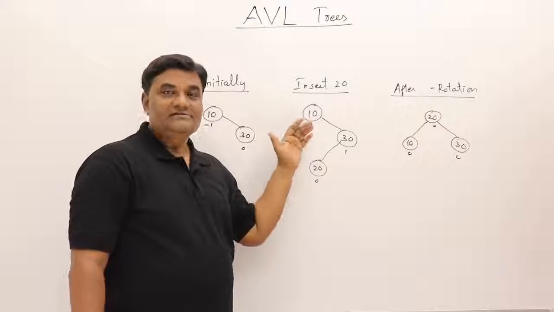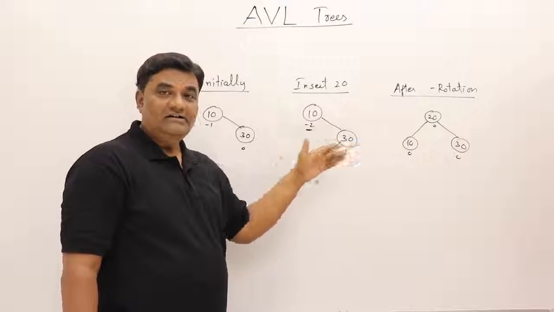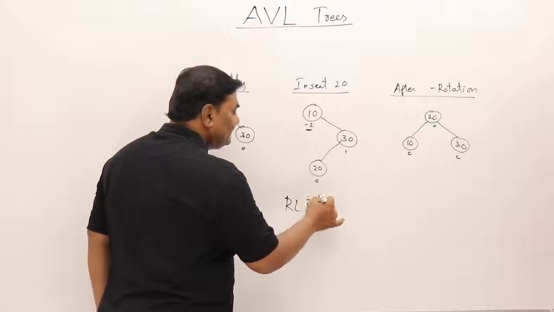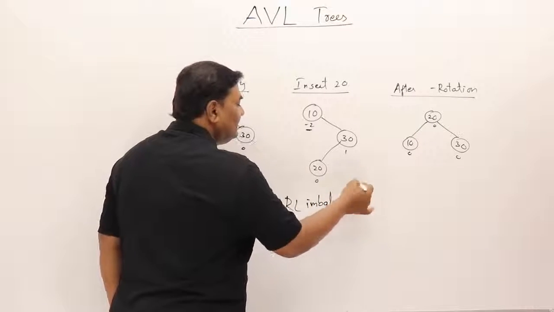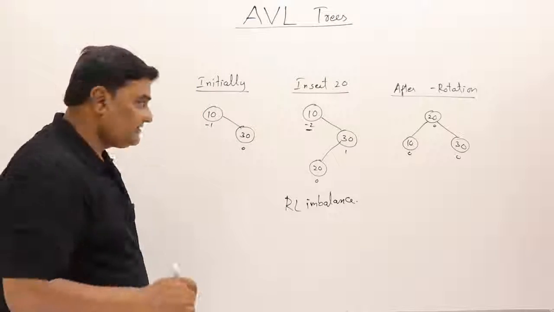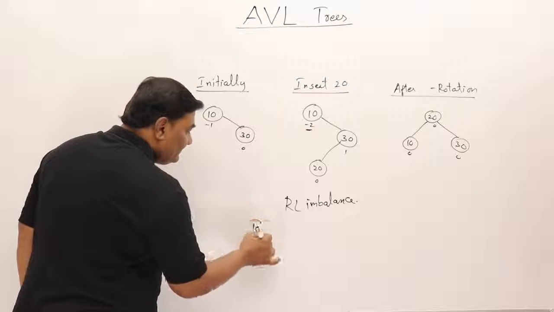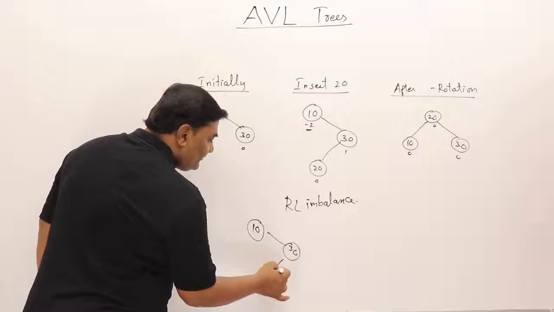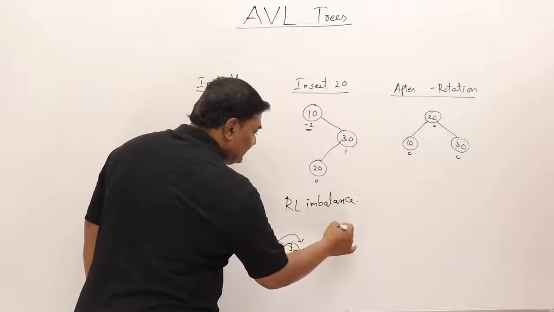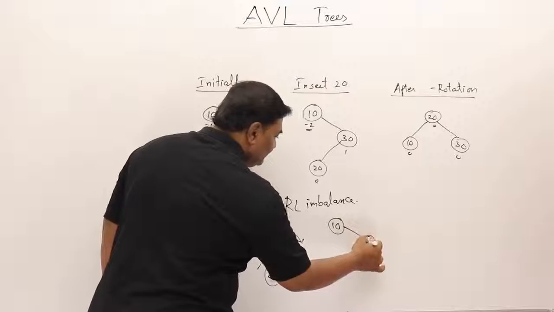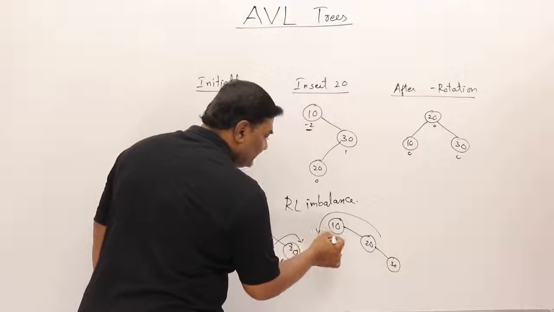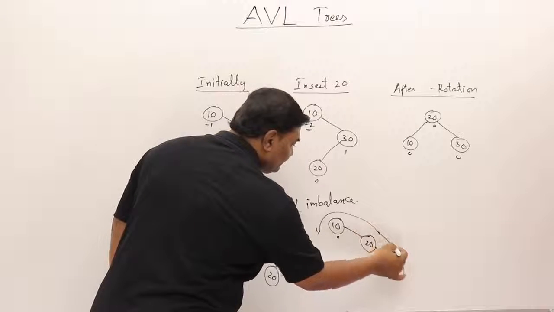So how did it become imbalanced? The insertion is done on right left. So let us call this an RL imbalance. Now for this also 2 steps are required, that is, double rotation is required. So the tree 10 and 30, 20: first it is rotated around this one, then 10 comes here and 20 and 30 comes here. Then perform rotation over this node,